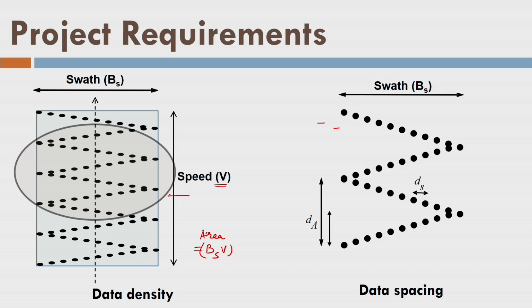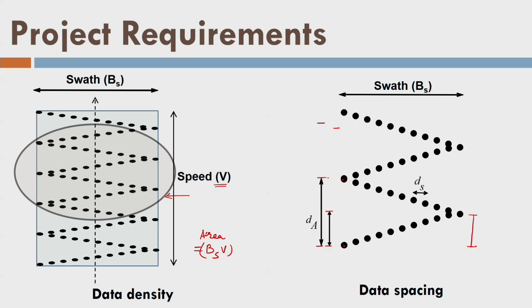So if I zoom in on this area, we can see that there are two lines of data here, and it has some data spacing. What does it mean? These 2 points fall in one scan line, in one oscillation or one cycle. So this is the data spacing between these 2 points. Moreover, I can say this is the shorter data spacing between this point and this point.